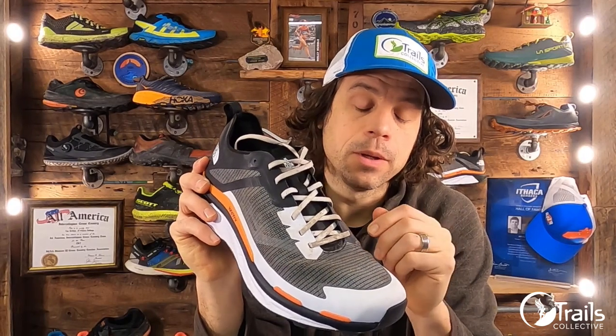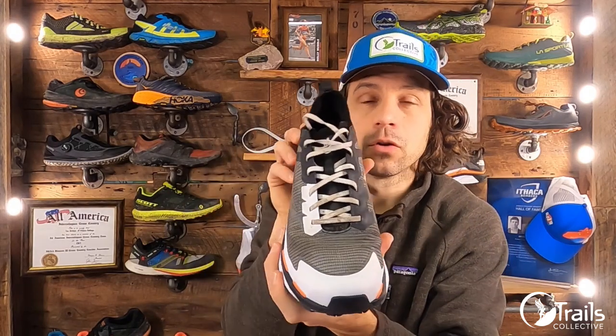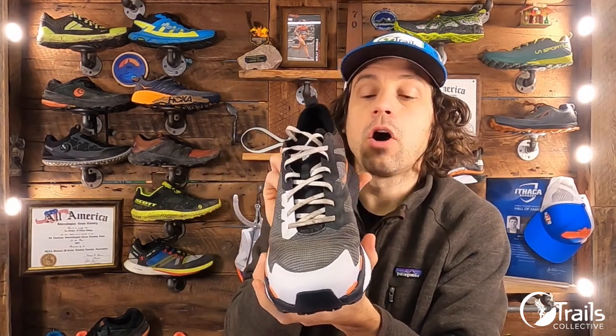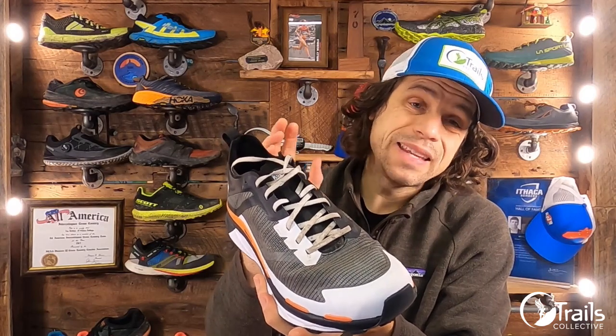All right, so what we're getting here. Functionally, it's a thin, smooth package. I don't really get any hot spots. I don't get any pinches out of the overlays or the TPU. But some of the drawbacks: this rubberized toe guard functionally does a good job of preventing abrasion and also provides some lateral support for off-cambered surfaces. But one of the downsides is once water gets into the shoe, and it does get into the shoe,